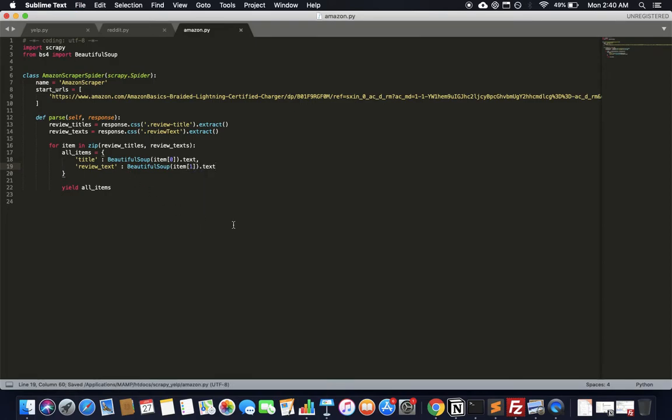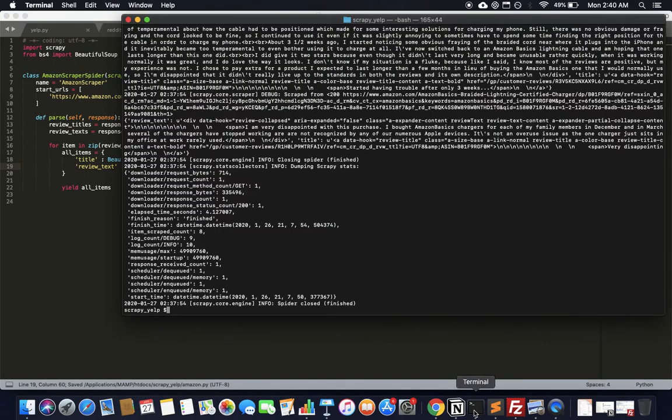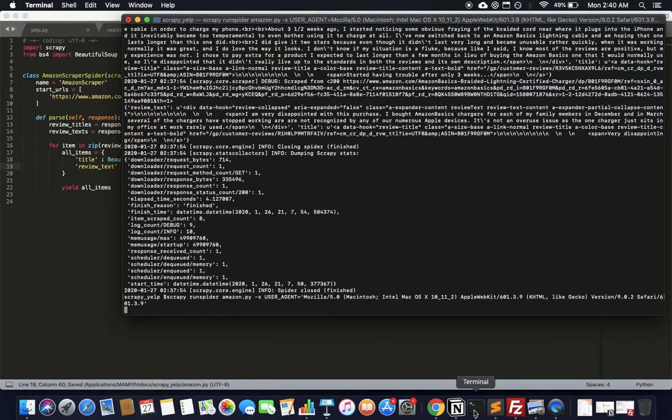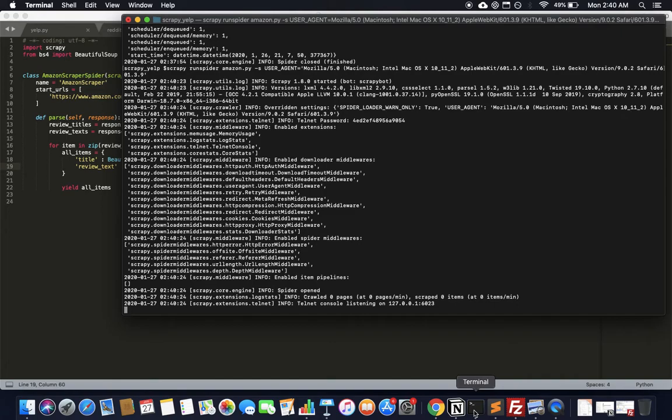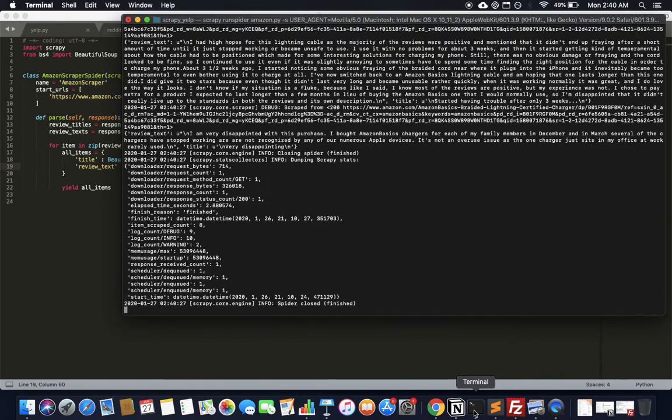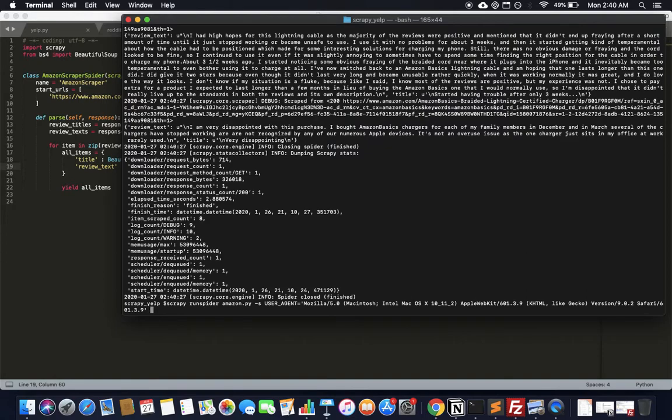All right, so I'm saving it and running it. It should give you more meaningful data. Even then, it may not be visible here because of all the debug information that it prints out. Yeah, I can see that the review text doesn't have the BR anymore. All right, title. You can see the title over here. Okay, let's just pump this out into a CSV. How about that? So the simple command is output